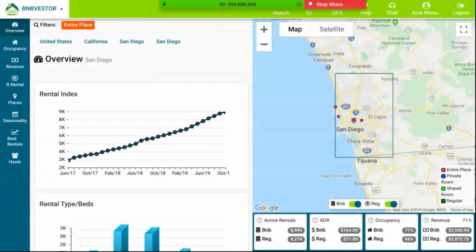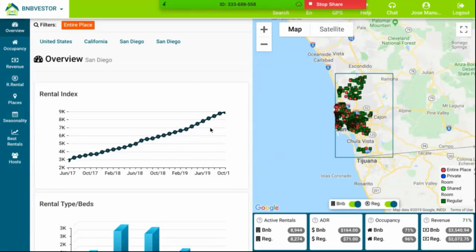Meaning I'm going to be able to learn what areas have more listings, and even more than just listings, I can check out all of the properties in the market, not only by number of listings, but by revenue, occupation, and there are so many things that I need as information, as data for me to make decisions later on.